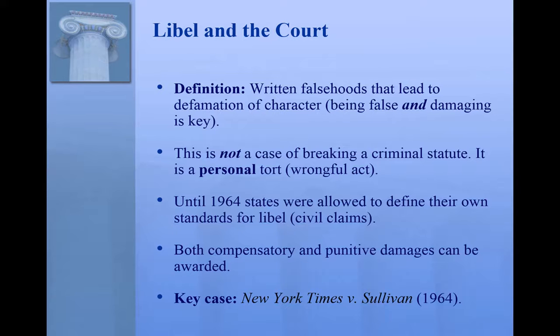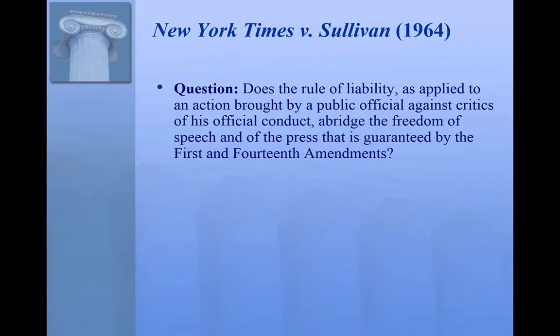And the most important case in this area is New York Times versus Sullivan, which is excerpted in our text. So this was a case about a report on racial incidents occurring in the city of Montgomery, Alabama, and in particular one racial incident involving the police there, who were under the direction of the elected commissioner L.B. Sullivan. So Sullivan sues the New York Times, saying that